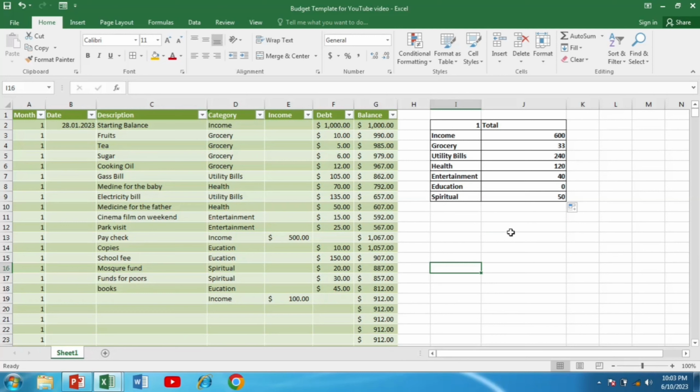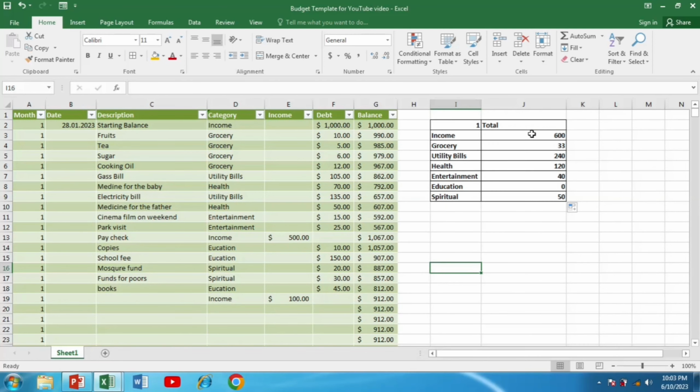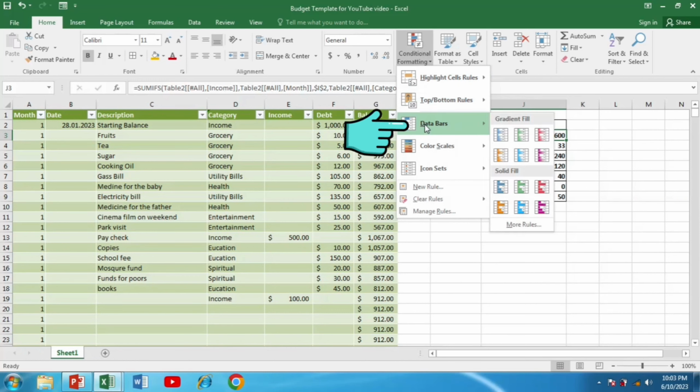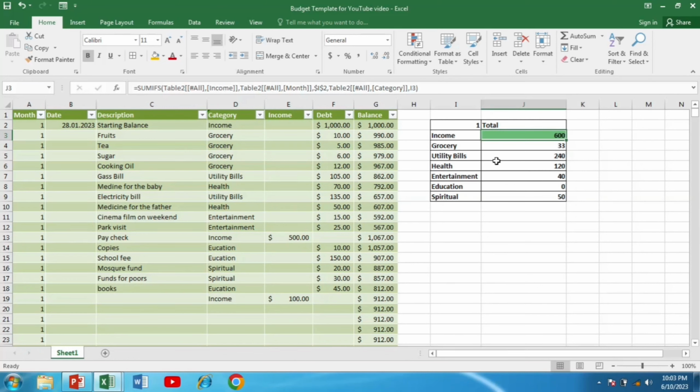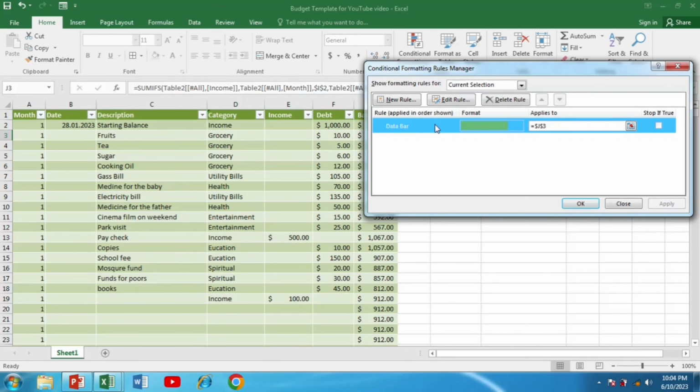Now after calculating the sums under different categories, we have to apply conditional formatting. So I will go to the first total and select the conditional formatting under the home tab. Then I will go to the data bars, and under the data bar I will select green color for the income. Then again I go to the conditional formatting and go to the manage rule and double click this rule